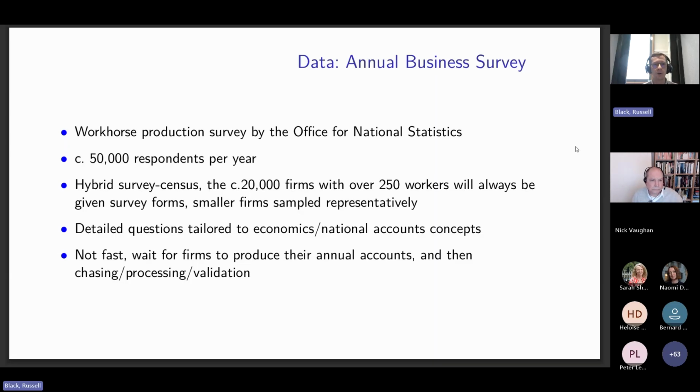Approximately 8 million to 9 million workers are covered by the Annual Business Survey every year out of the total UK workforce of 35 million. So it's not a full economic census, it's a partial economic census. And it is specifically written around how your business is contributing to GDP, specifically for that purpose. And it's not fast.